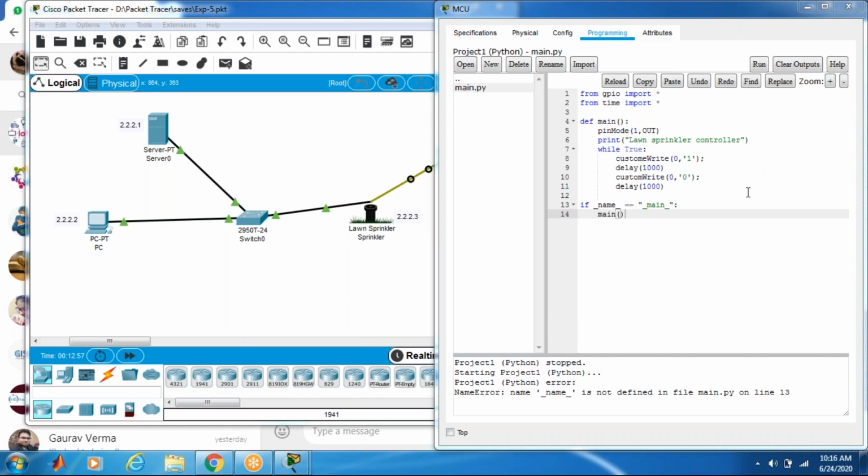The error is that the name is not defined in the file main.py on line 13.